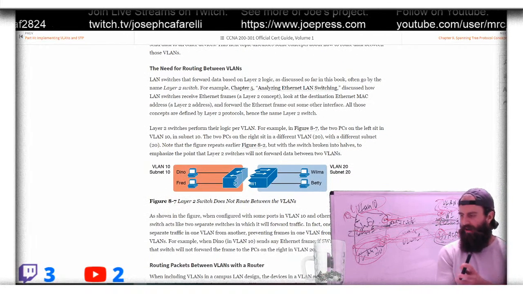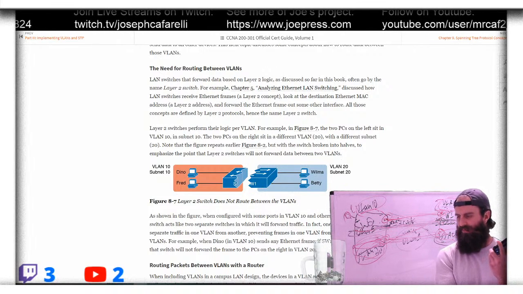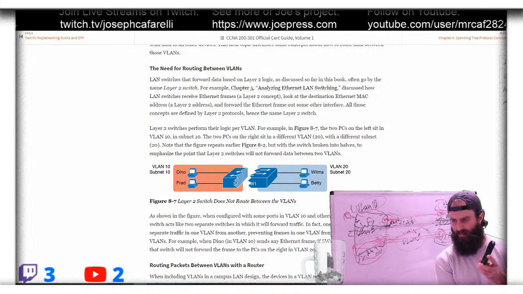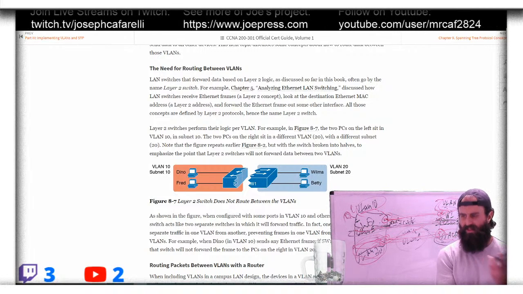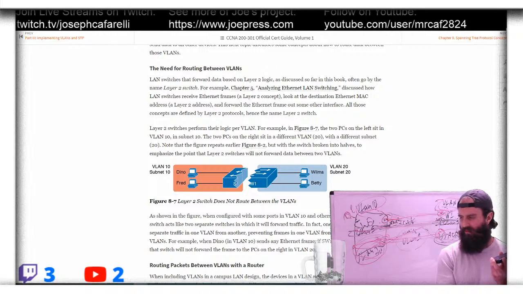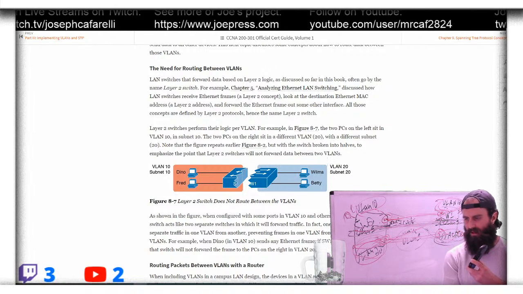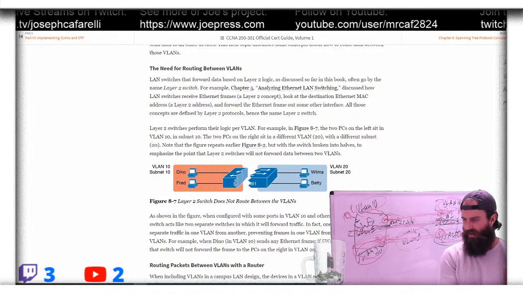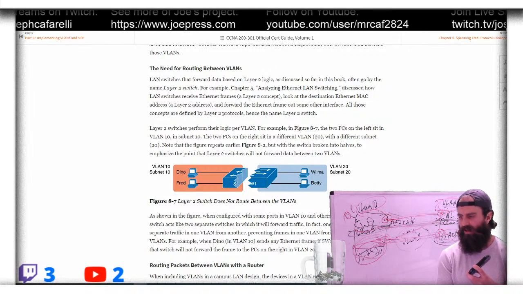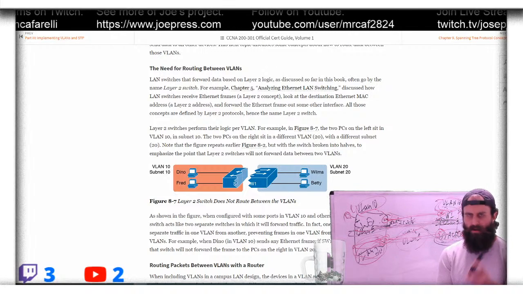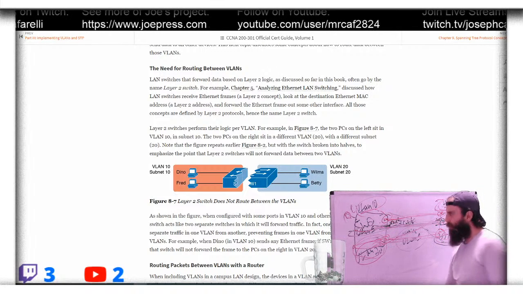For example, in figure 8.7, the two PCs on the left sit in VLAN 10, in subnet 10. The two PCs on the right sit in a different VLAN, VLAN 20, with a different subnet. Note the figure repeats an earlier one, but the switch is broken off in half, just demonstrating that when you have this type of topology,